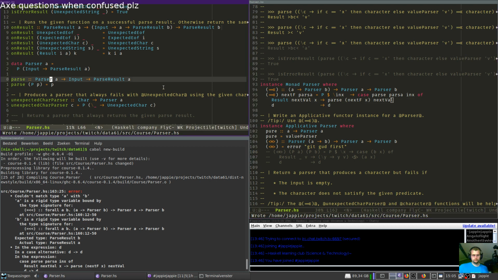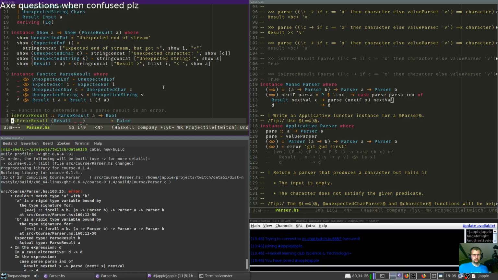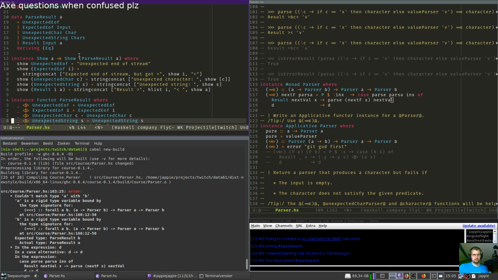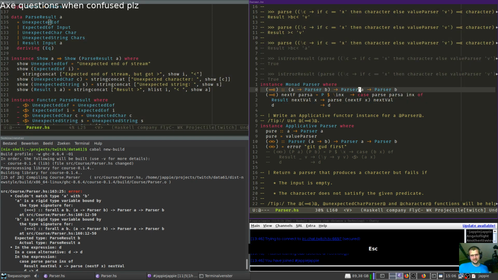I need to pattern match on all the errors just to convince it. Because it doesn't carry any B-ness around. Or any A-ness around. It doesn't carry anything of this A around in this result.